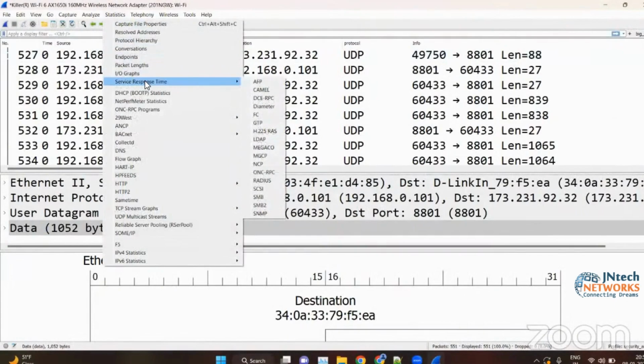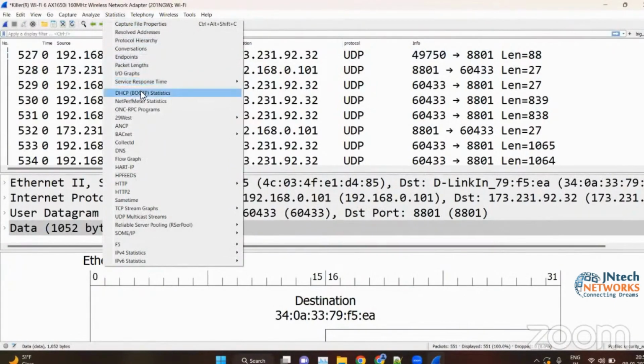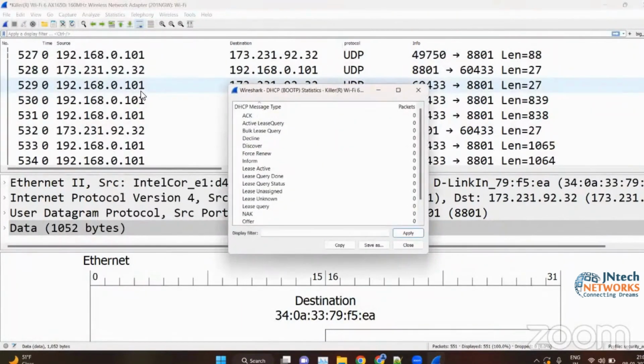Then we have the server response time, DSCP, and BOOTP statistics. If you're analyzing the DHCP protocol, then we can analyze how many packets are acknowledgement packets, how many packets are offer packets, etc. Then after that,